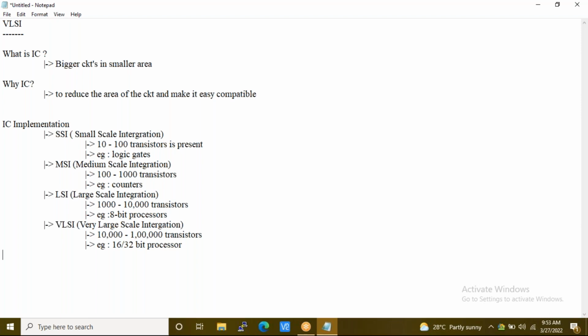ULSI means ultra large scale, GSI means giant large scale integration. So it doesn't stop, it keeps on implementing. As the smaller area we require, the transistor implementation is getting increased, and your technology node, everything gets implemented.